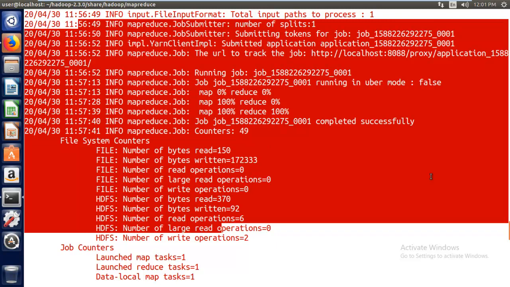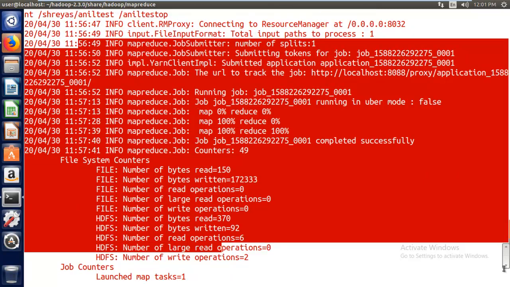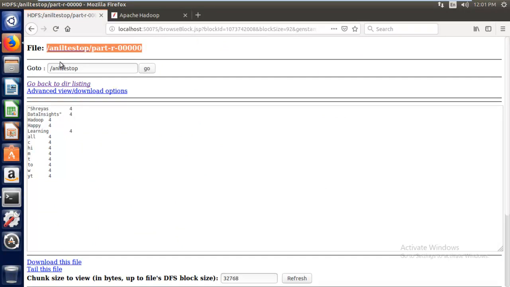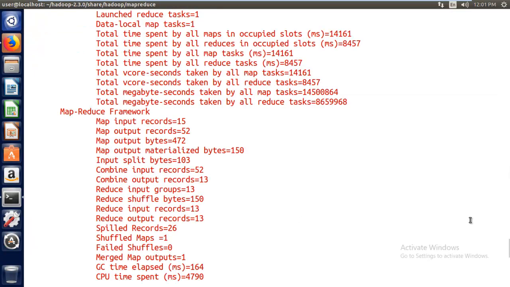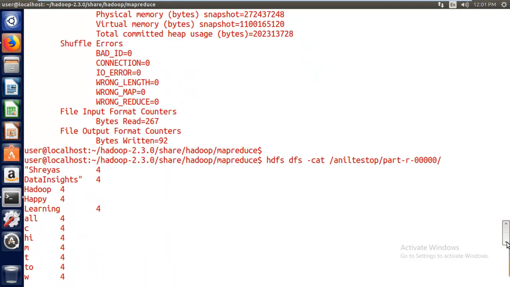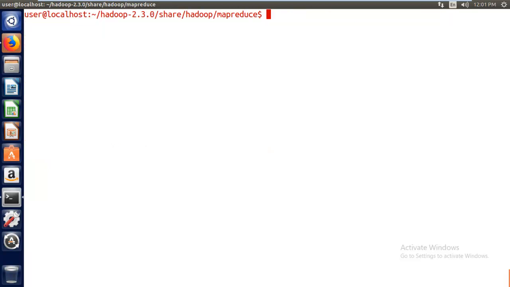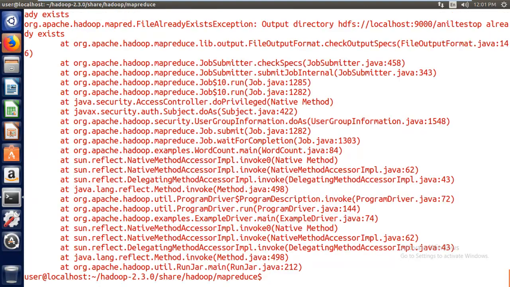At the same time, guys, please make sure that you always give a new output directory. You cannot give the same output directory again. For example, look here. I'm once again running the same command, and I'm not changing the output directory. So what happens now? We got a nice error, right?